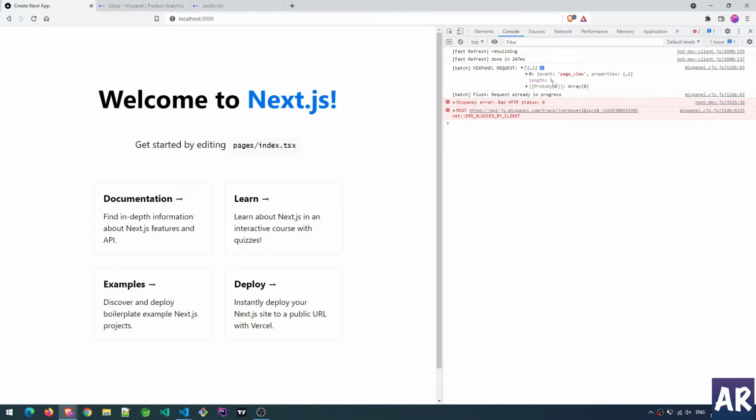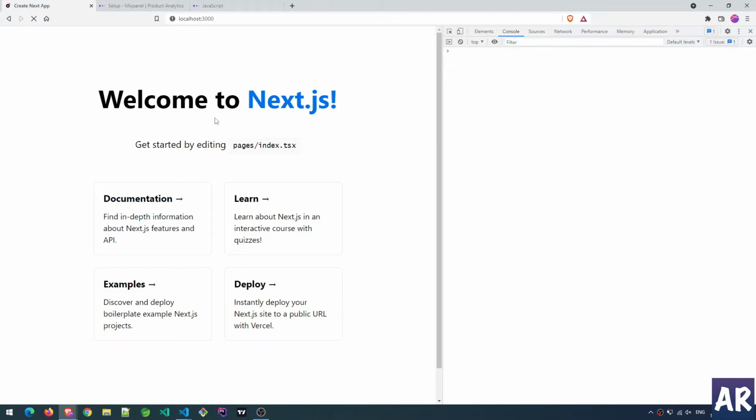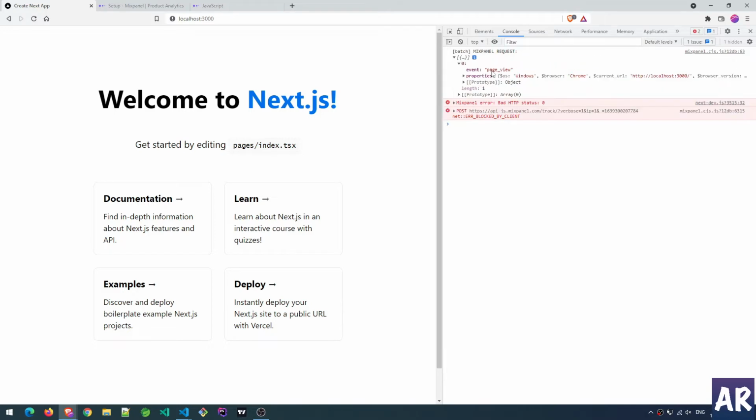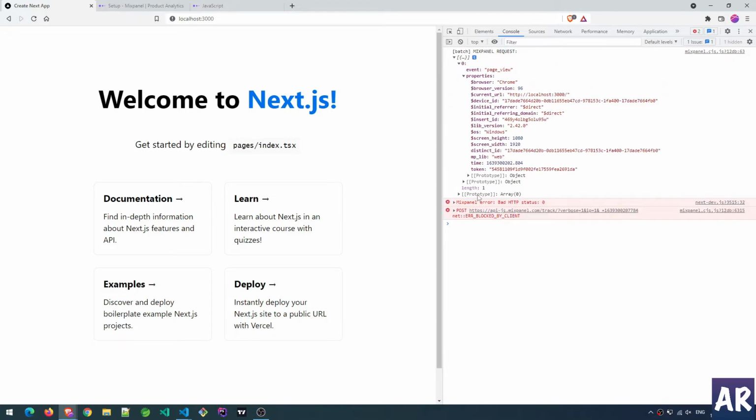So now you can see the page view was triggered. If I hit refresh once more, okay, come on. Right. It is sending that request. The request is event page view, and this has some default properties. Interestingly, this is showing some error. I don't know why. Maybe it is